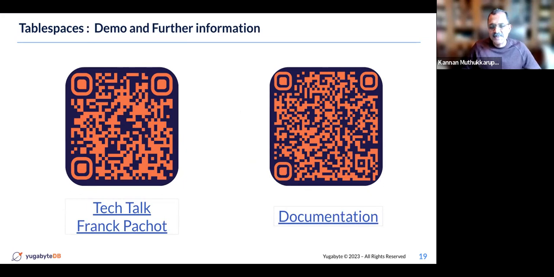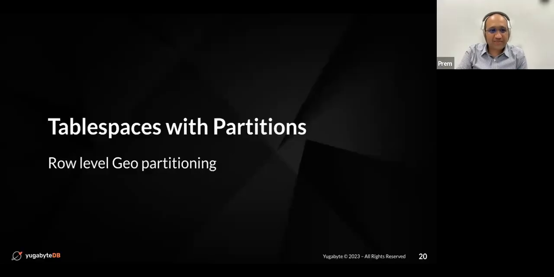Okay, so you can check out our documentation for step-by-step instructions. Now we looked at tablespaces when we showed the example where you can split your user table into 2. But it is difficult to manage a schema of one table of users split into 2, with a US table and a Europe table. Your application would have to change to query 2 different tables, but can we maintain a single table across